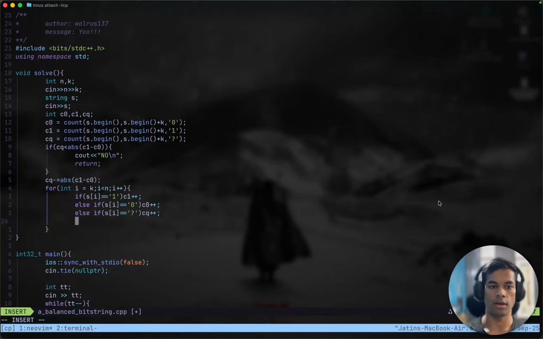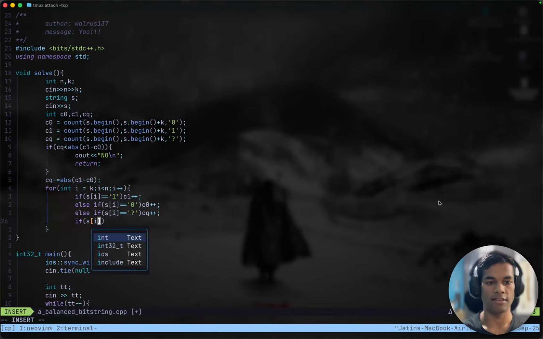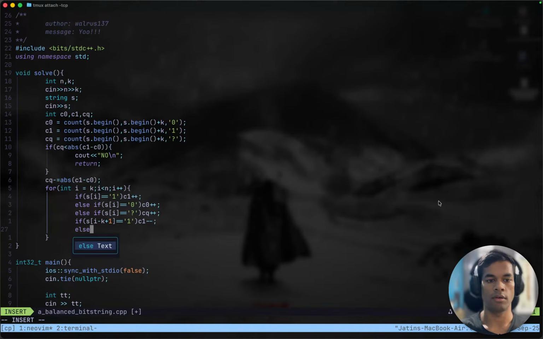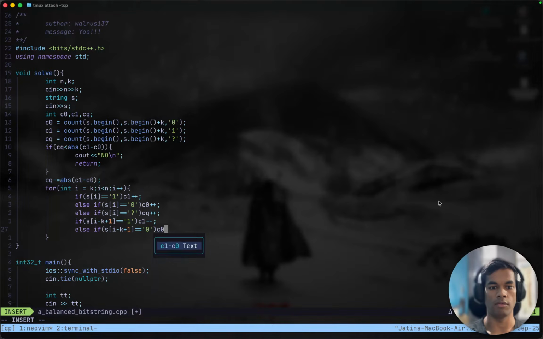If s[i minus k plus 1] equals 1, then c1 minus minus, else if s[i minus k plus 1] equals 0, then c0 minus minus, and we will not update the question mark,